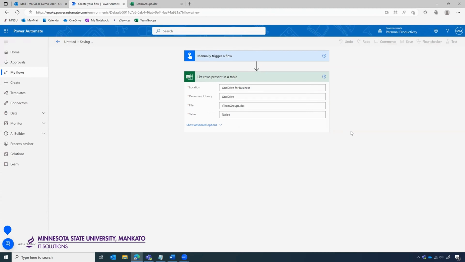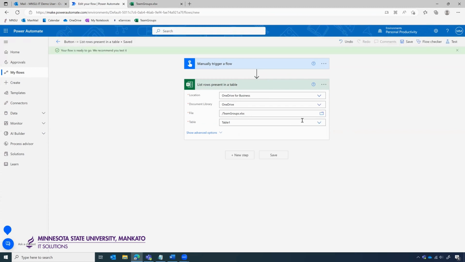So right now I could run this flow, and all it would do is go out and grab those rows from that table of that Excel document. But what we're focusing on in this presentation is what things you can do with Outlook. So what am I going to do with that? I'm going to take that information, plug it into an email, and send an email with this flow. So the next step I need to do